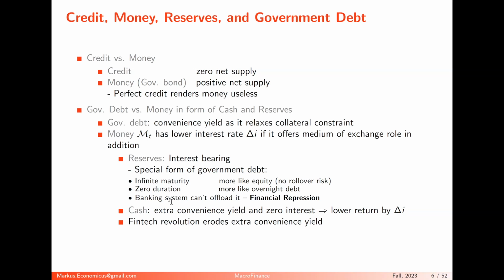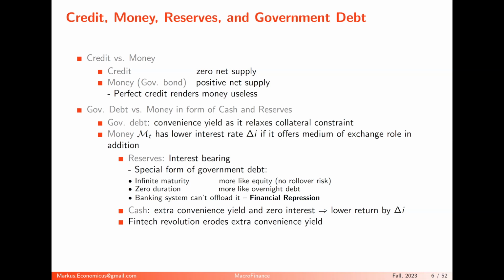Of course, the role of cash might be changing as new fintech companies come along. Credit and money become better substitutes for each other. You can swap more easily from one to the other. The velocity is changing. So fintech has a big role to play. Here's just a big picture of the roles of money, because we now deal with these four different forms of money.